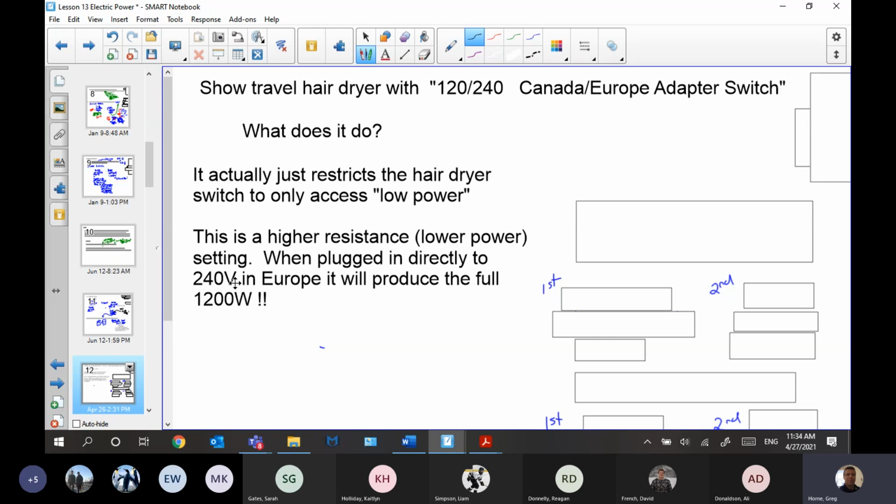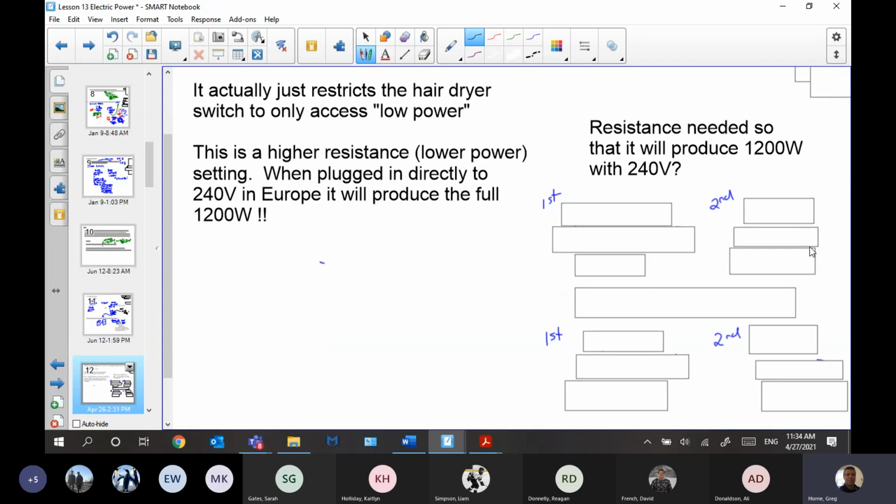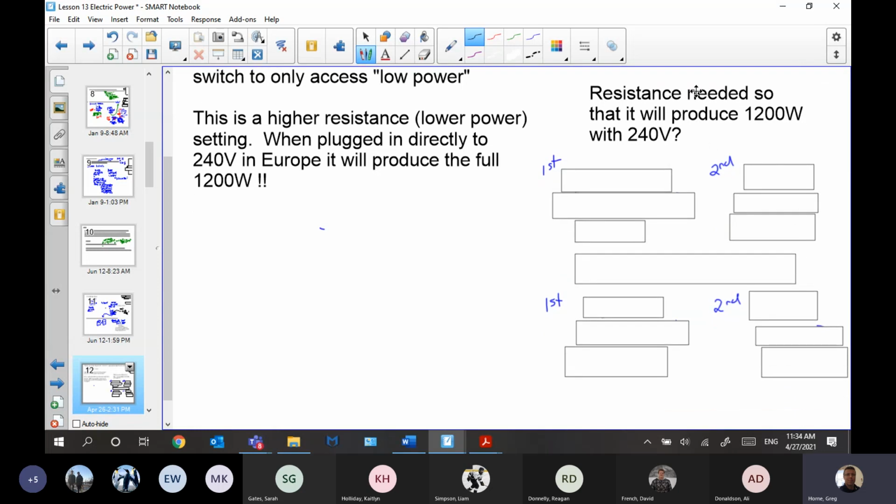When plugged into 240, it'll actually produce full power because the less current flowing will carry enough energy to power it fully. So if we look at how the numbers would work here, I'm asking what resistance that low power setting should be so that when you hook it up in Europe directly to 240, it would actually produce the high power setting. Okay, so let's look at the power amount that we want, right? So basically we want this much current. If I know how much power I want and I know the voltage, I can look at how much current I want. I want 5 amps,